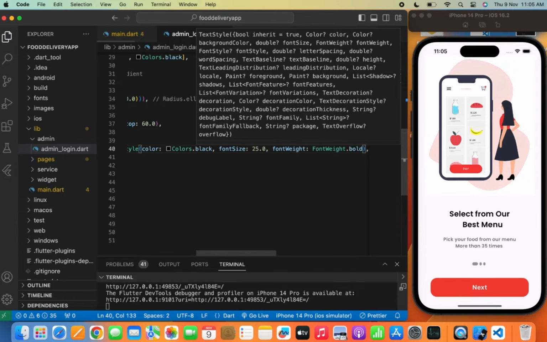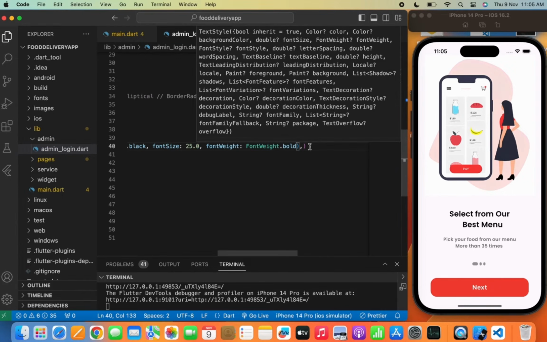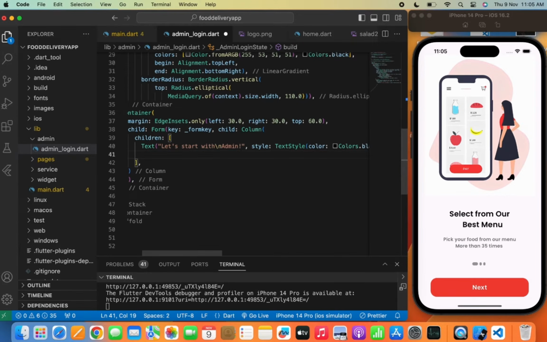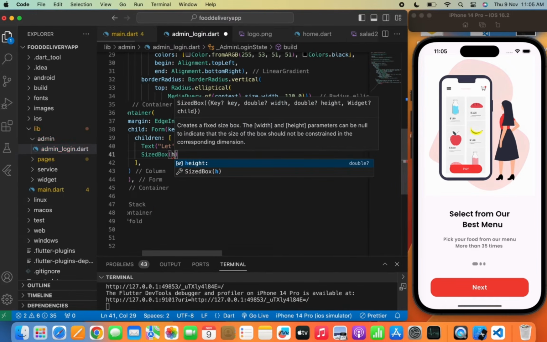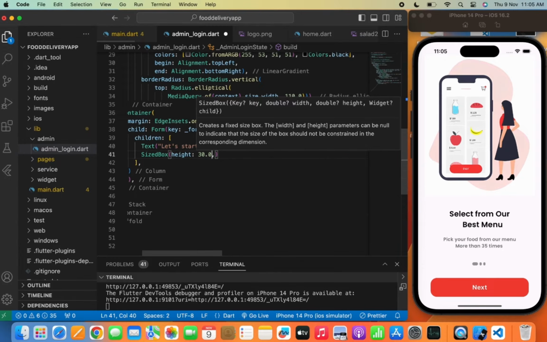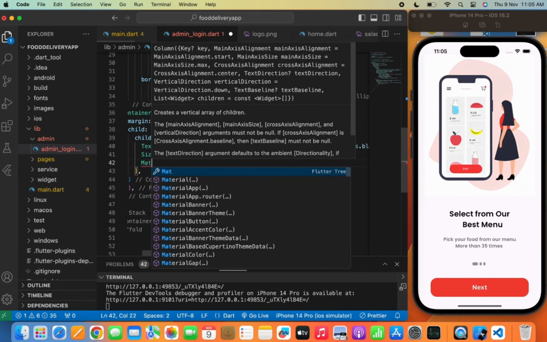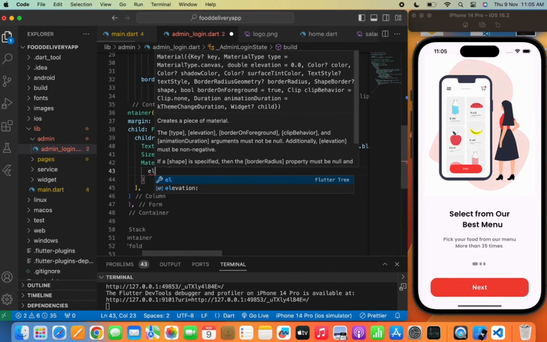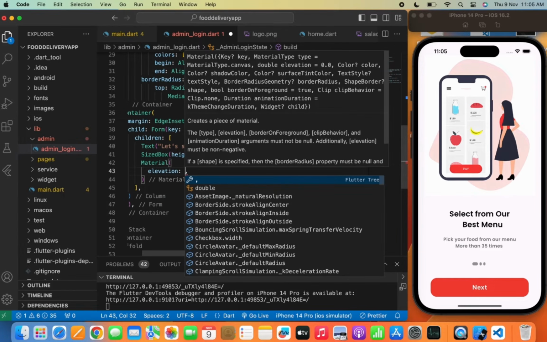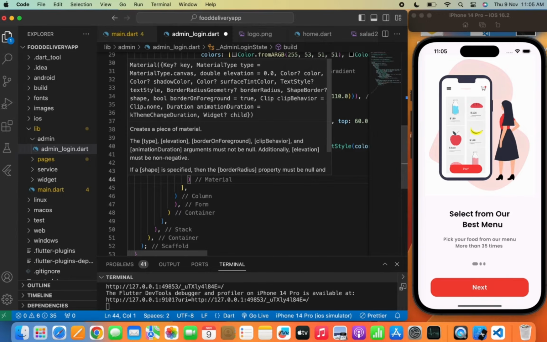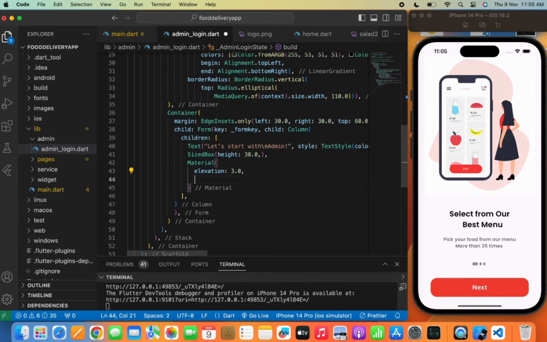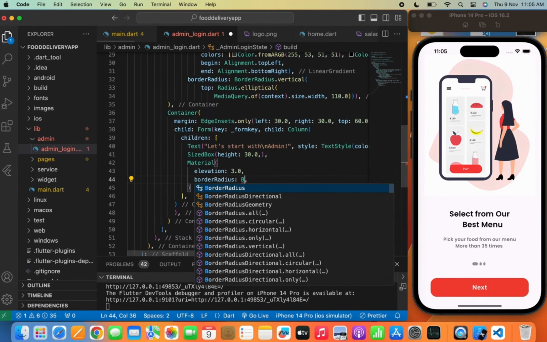So it is done. Now we'll give the SizedBox height 30.0. Now we'll use a Material widget to give the elevation to the container here. Now we'll write borderRadius to give the border radius to the Material widget. So BorderRadius.circular 20